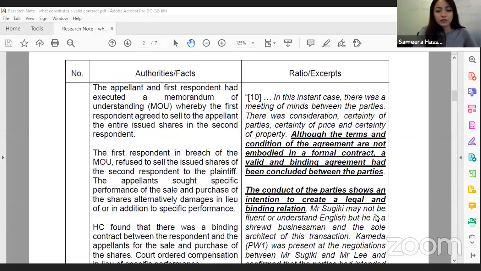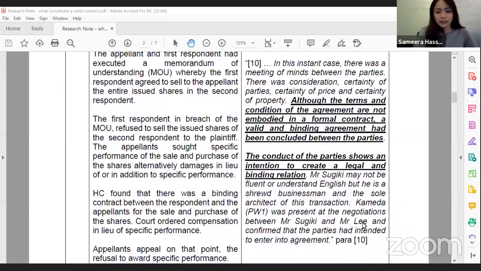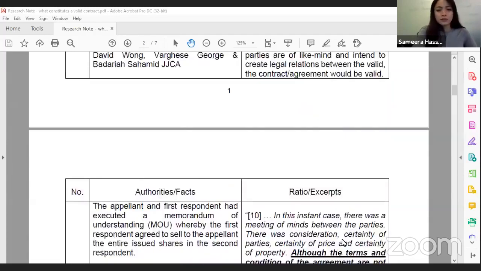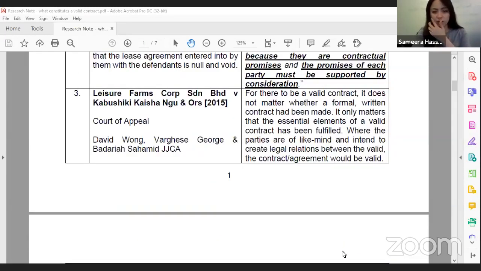The conduct of the parties shows an intention to create a legal and binding relation. Mr. Sujiki may not be fluent or understand English, but he is a shrewd businessman and the sole architect of this transaction. Kameda was present. This is including the witnesses already. Okay, let's not get into that. But basically,